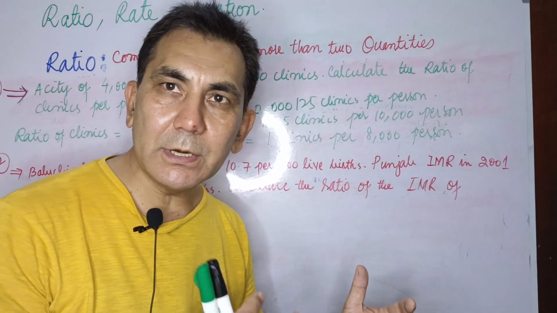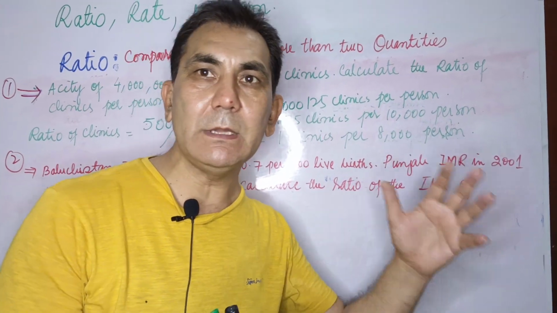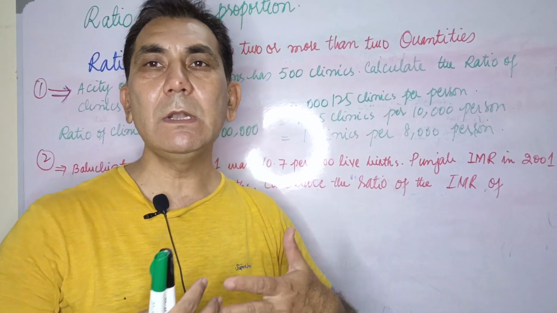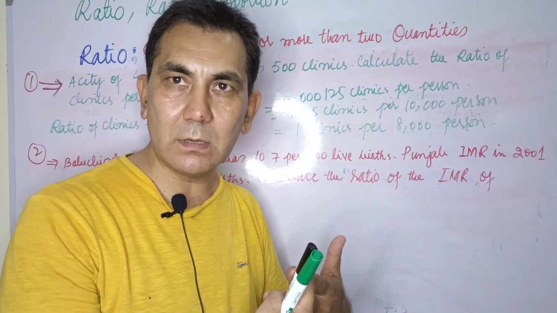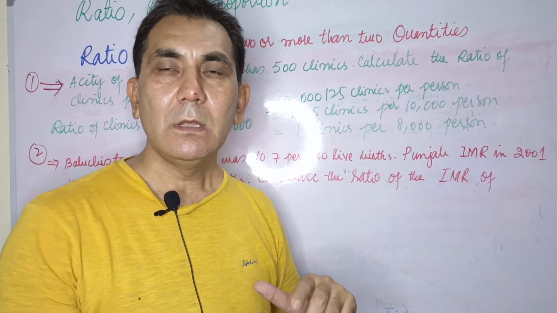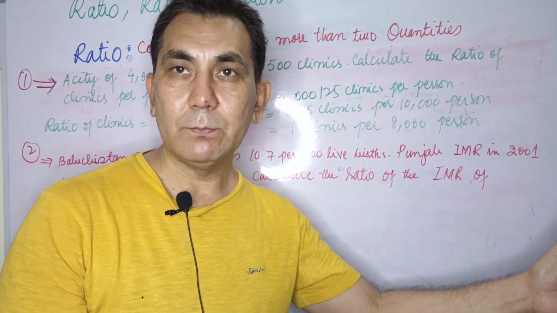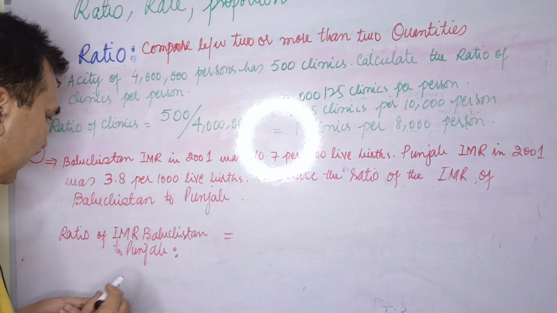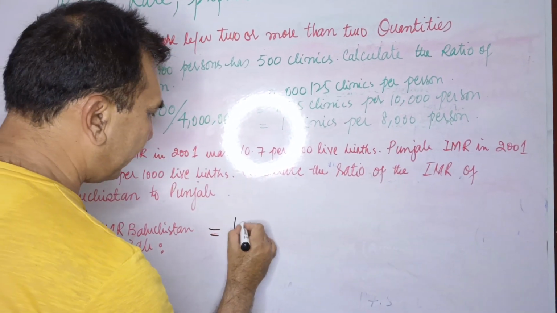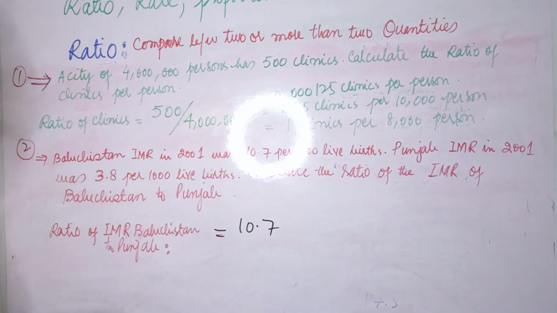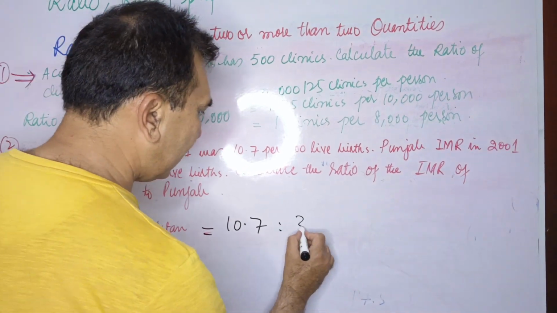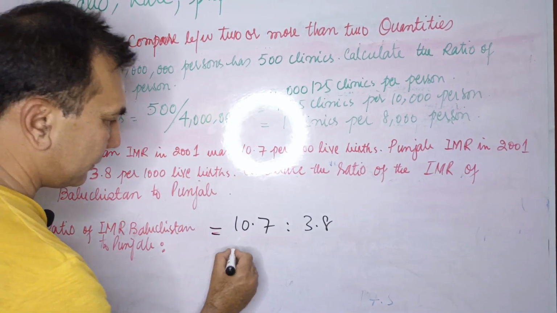We will compare the infant mortality rate between Balochistan and Punjab, which means we will calculate the ratio of the infant mortality rate in 2001 between Balochistan and Punjab. What is the infant mortality rate of Balochistan in 2001? 10.7. And what is the infant mortality rate of Punjab in 2001? 3.8. So what we will do,